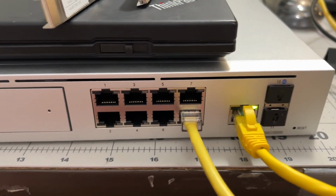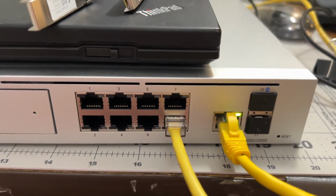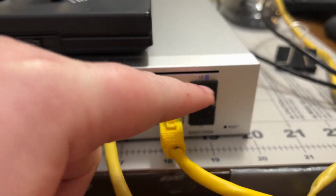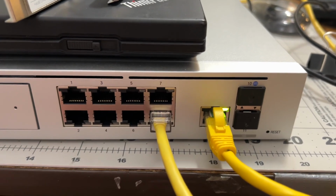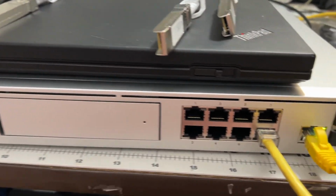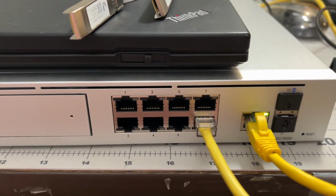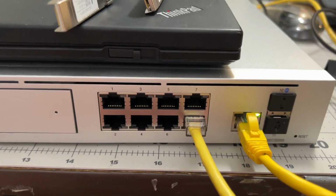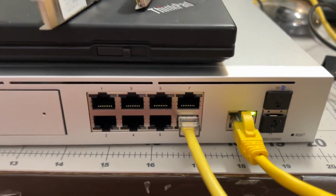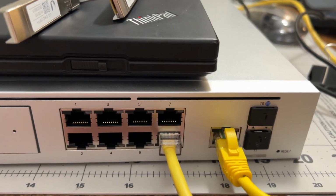But just using this thing to get an idea of the UI, the user experience and such, I mega want one of these already, even though I'd have to spend a fair bit of money on the SFP modules to get this thing fully working, and then I'd have to buy an access point for the wireless, because this doesn't do wireless right out the gate. You could probably put any dumb wireless router in bridge mode on here as a wireless access point. But from what I understand, the whole appeal of UniFi's stuff is being in their ecosystem, so that kind of kills the point, but